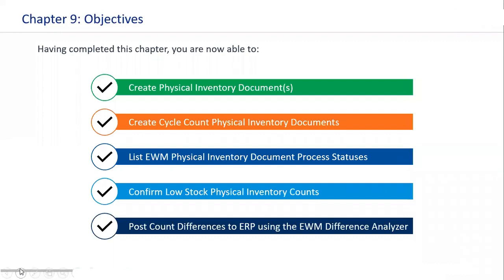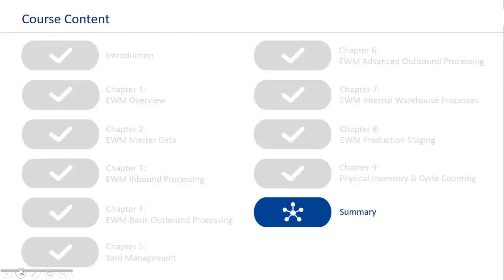So after that, we've been through the creation of physical inventory documents, cycle count inventory documents, the physical inventory document process and different statuses, the low stock physical inventory counts, and posting count differences to the ERP using the difference analyzer. So finally,